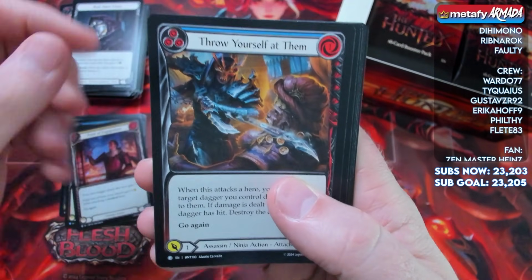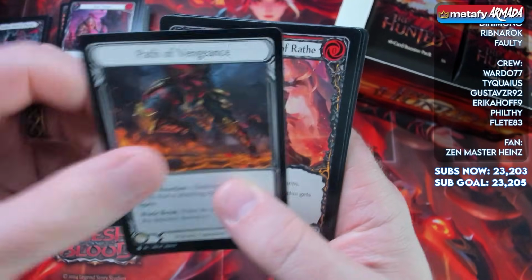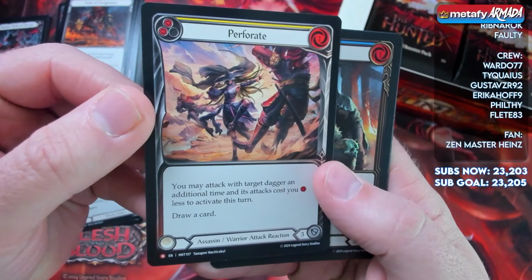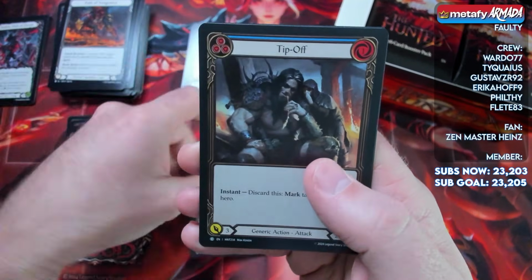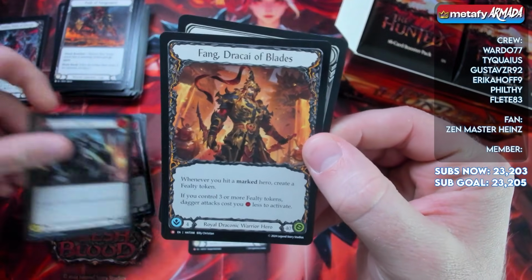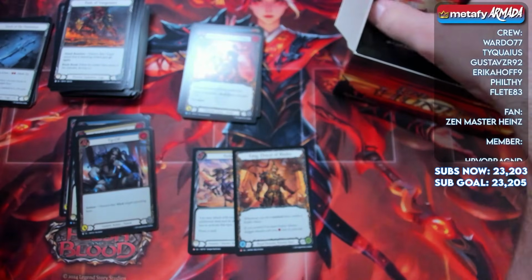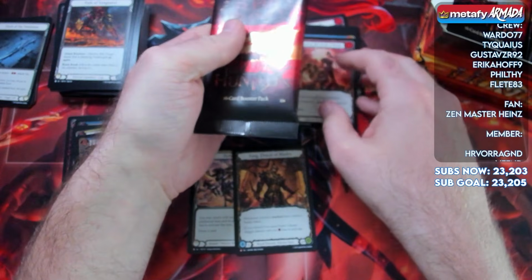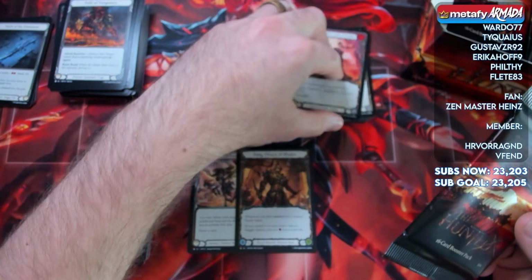Not because Arachne is worse or anything to that effect. Nice. First Majestic, Perforate. I got one of these today, actually, in a prize pack, which is pretty awesome. And a foil Tip-Off. Foiling on Tip-Off doesn't show up as much. Oh, hey, look, Fang. There he is. I was not as enamored or excited to play as Arachne, simply because I feel like...